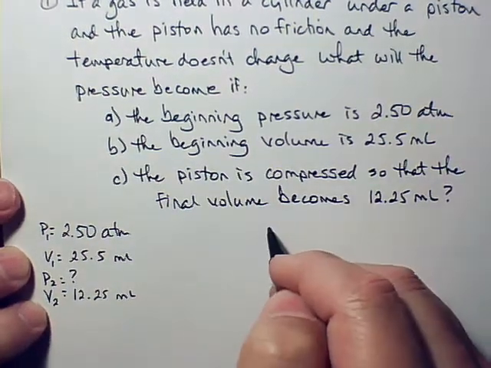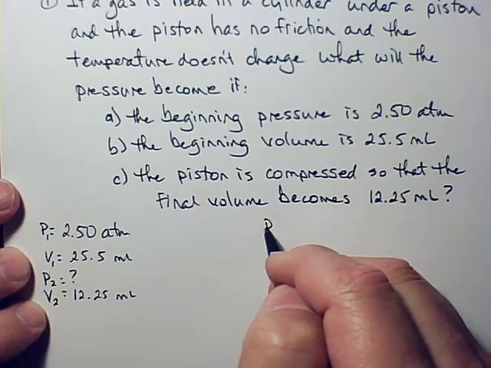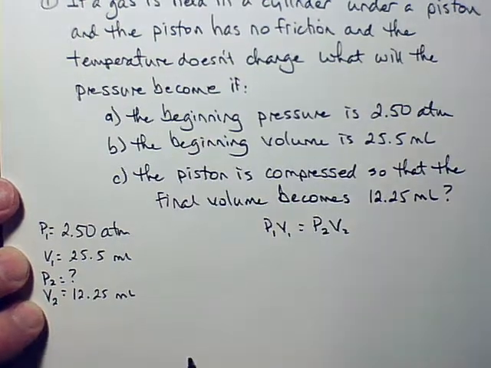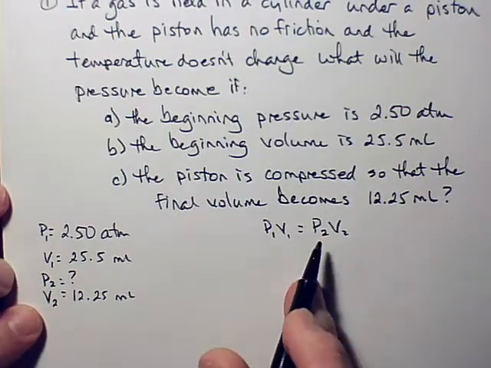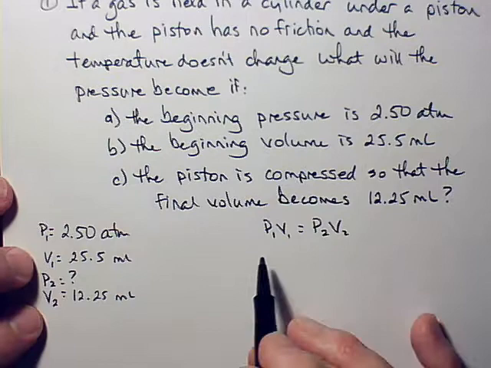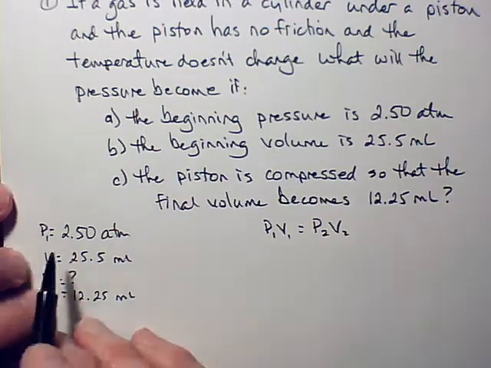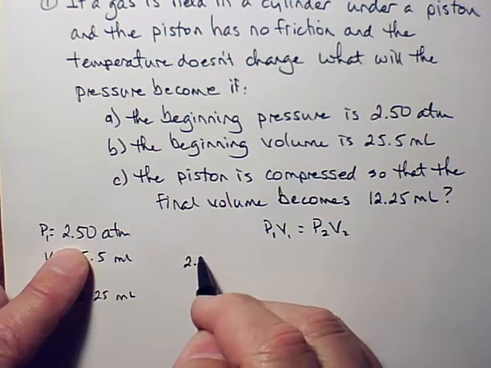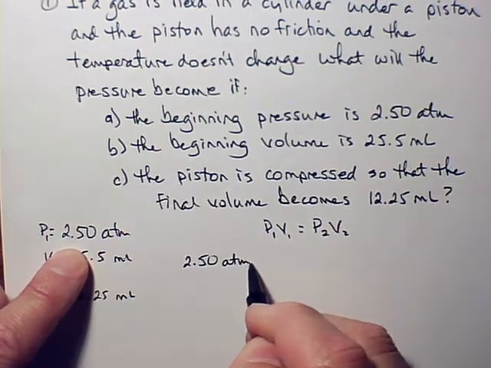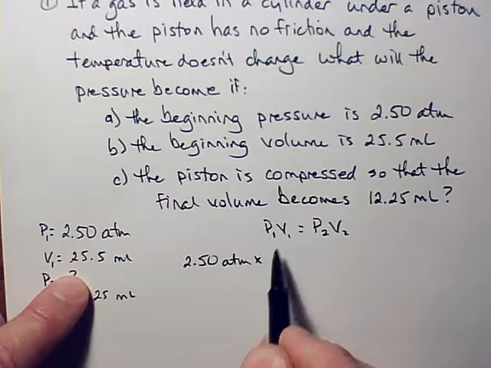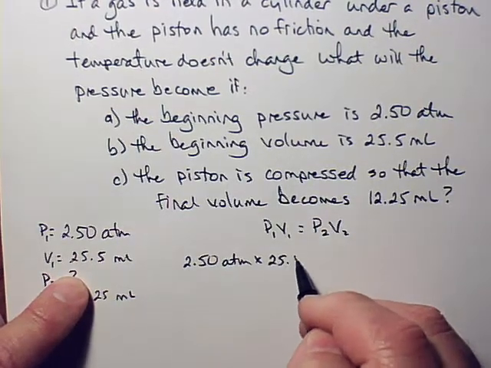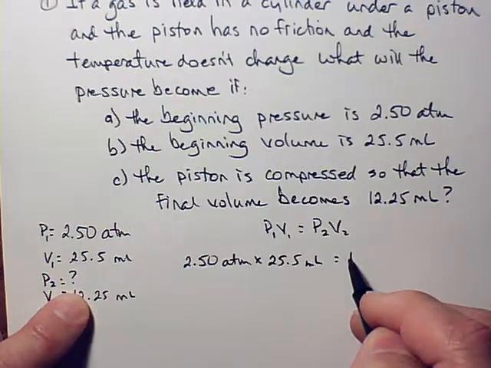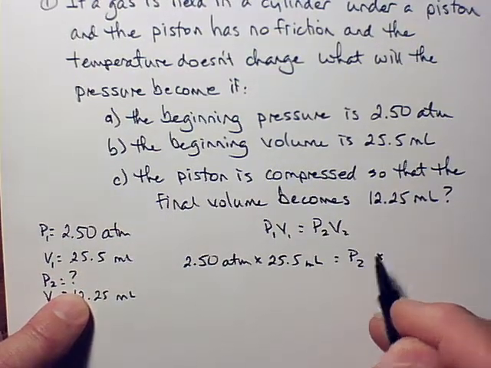So if this change is made, then this must be a second pressure, and we put a question mark there. Okay. So now we have to list the equation that we need, and that's P1 V1 equals P2 V2. Okay, those are required. So now we're going to substitute into that equation known values. P1 is 2.50 atmospheres. So we're going to say 2.50 ATM times V1, which is 25.5 milliliters. And then P2 we don't know, so we're going to leave that alone. We're going to multiply that times